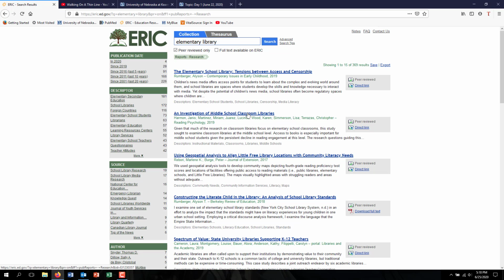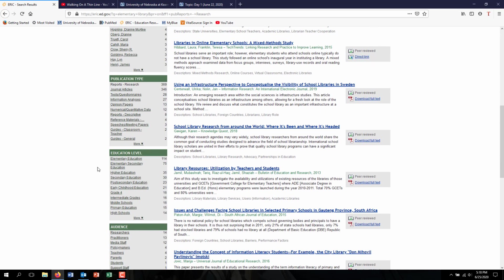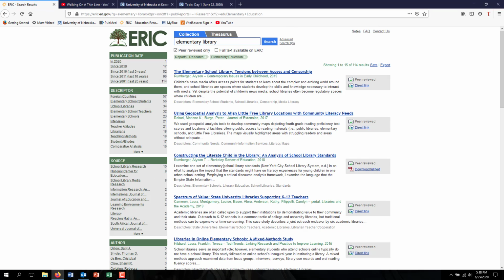All right, middle school classroom libraries, that doesn't look elementary. Something you can do is come down here, narrow it down by education level. So we go elementary education, which cuts it down from 300 articles down to 114. But again, what you want to do is then look at here, right, and see if things like